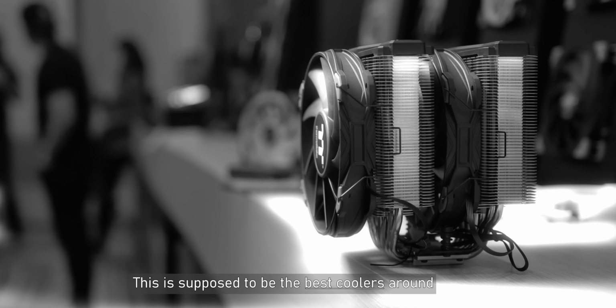Alright everybody, so the Thermaltake ToughAir 710. Thermaltake's supposedly high-end air cooler, and even before this thing launched, I had a little bit of a rocky history with it. So when we were at CES this year, I said this about it. This is supposed to be one of the best coolers around. So the expectations were set, and they were pretty high, but then fast forward to a couple of weeks ago